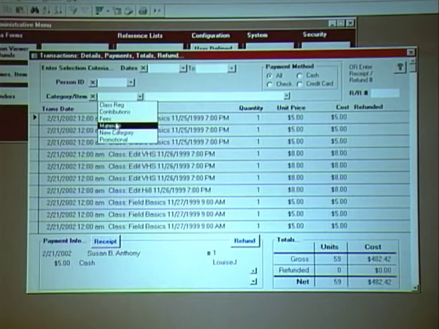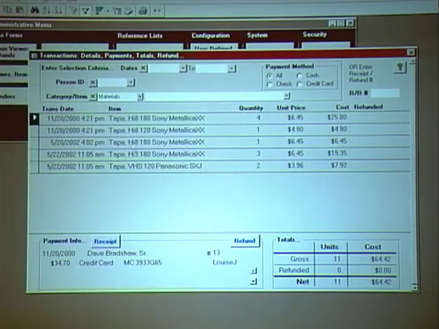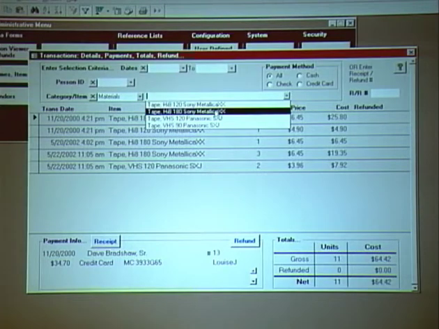So I select the category materials. And here's all my materials transactions. They all happen to be videotapes, but you notice they're different videotapes, a 180, a 120, different VHS. It's all materials. If I want to see even narrower, I want to see only the sales of these Sony